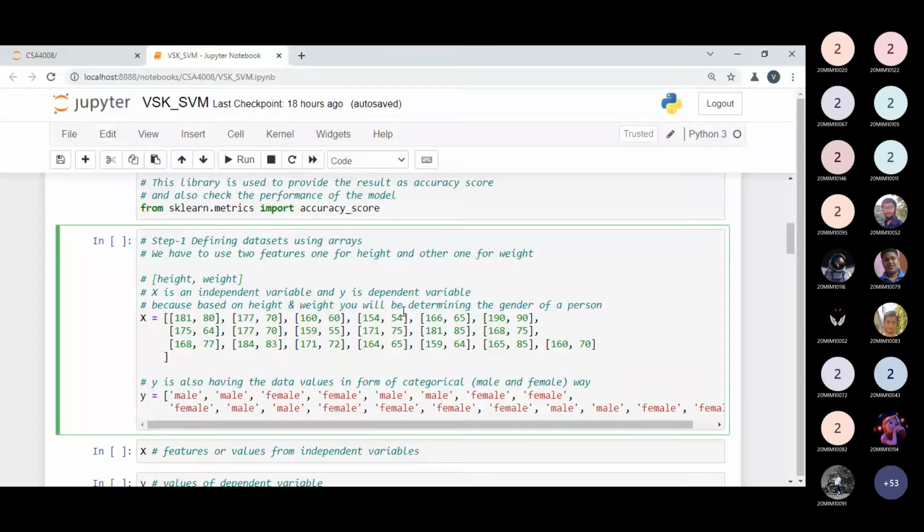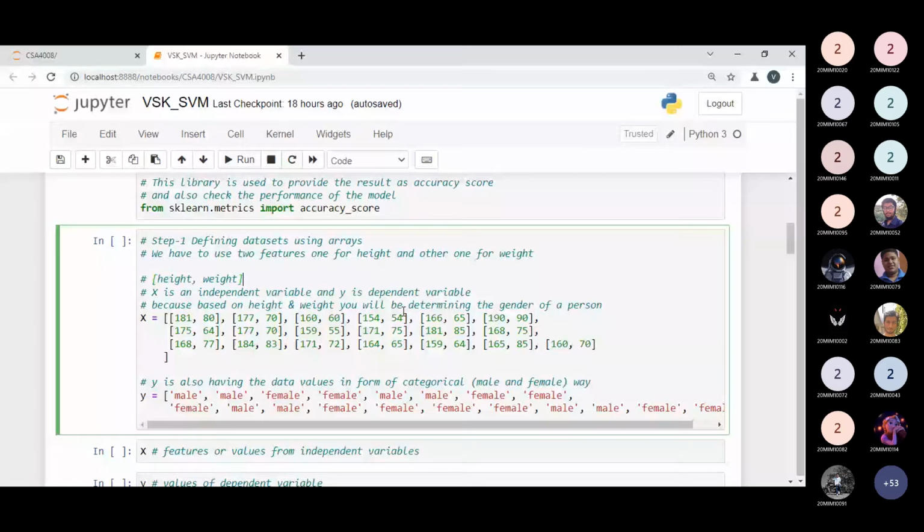Height and weight will be our two features, as we have seen in the numerical portion, the height and weight of male and female. That part we have decided. If you remember the example of the support vector machine, we have seen the theory portion. Male or female gender we have to decide. If I put in new data, I have to decide whether this is a male or female. Randomly I have taken the height and weight of the person.